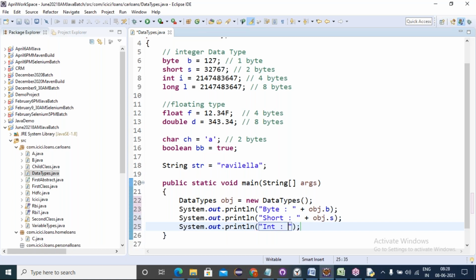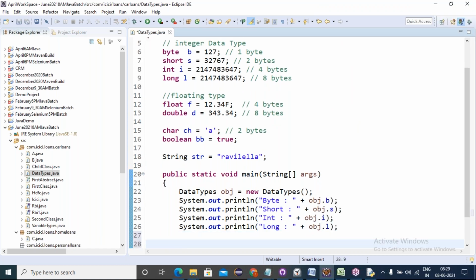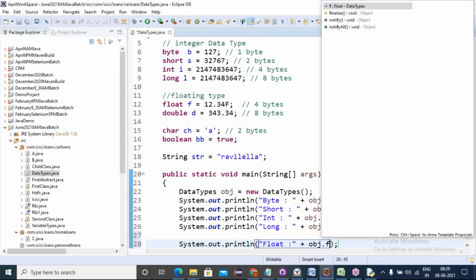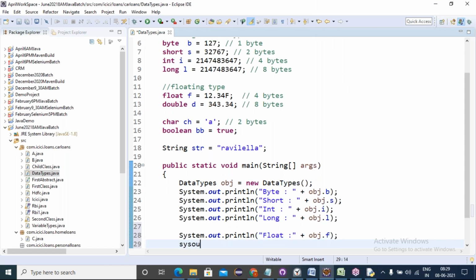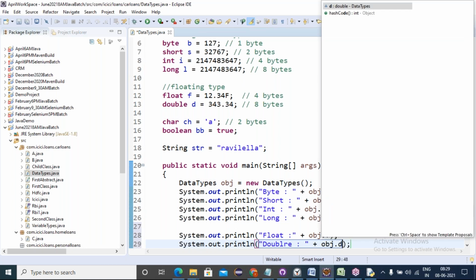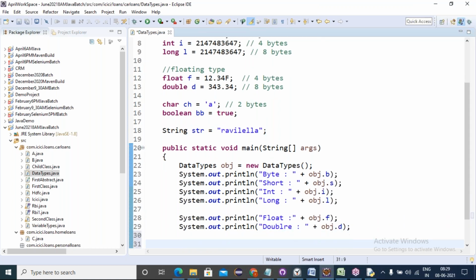This is what? Concatenation obj dot I. Next is what? Long. Obj dot L. Next floats we want to call. Sys out float concatenation obj dot F. Sys out. Next we are calling the double obj dot D. Next what we call